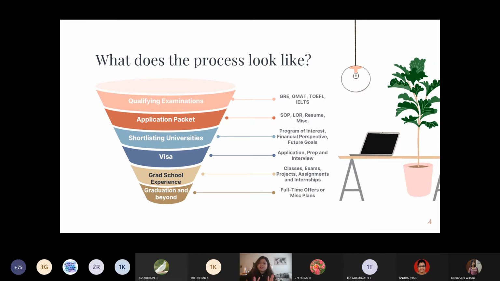So where can you find a list of documents, just to make sure you have everything? The university website. Every university has a dedicated website and a dedicated page for international admissions where they have a list of documents that you need to have and send to the university in order to secure an admit. Some of the standard things are your SOPs, your LORs, your resume, and other miscellaneous things like your transcripts, your mark sheets, and other things.